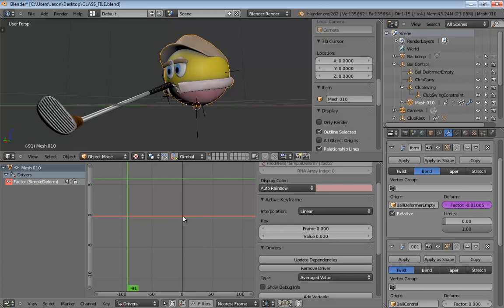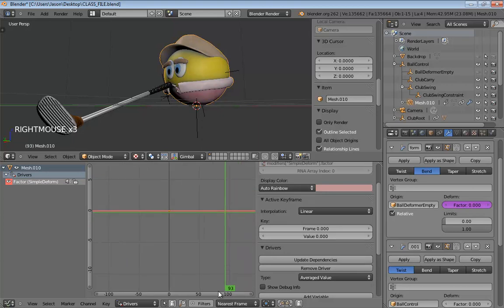Now with that done, select your key and just hit Control-C. Just an easier way to handle what we're about to do. So you just copy that keyframe. I'm going to right-click my mouse. Really, it doesn't matter where it goes, but if you put it someplace close to 100 along the bottom, things will be a little easier for you. Anywhere on the right-hand side of the curve will do, though. So somewhere over here on the right, right-click to move your cursor. Then hit Paste, Control-V. If you right-click to move your cursor again, you'll see you did just get a brand new keyframe. So if you select that keyframe, you can now change its frame to 100.